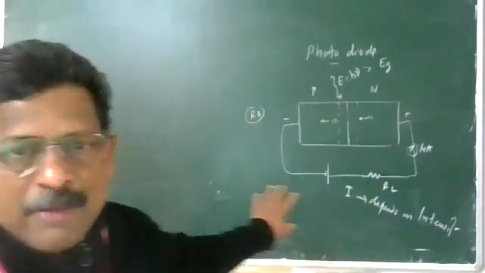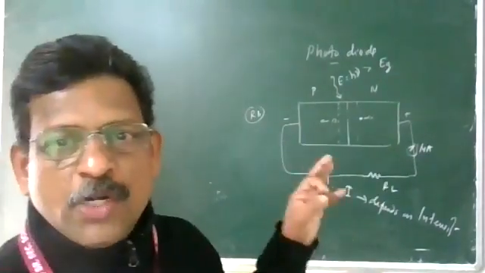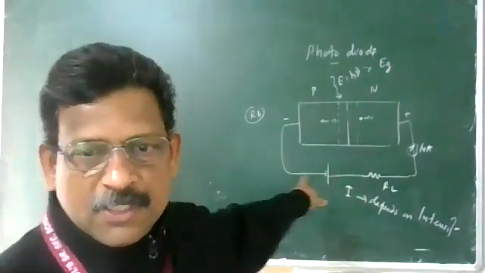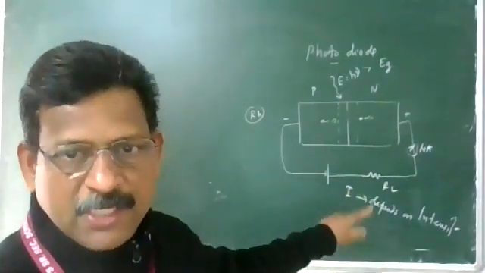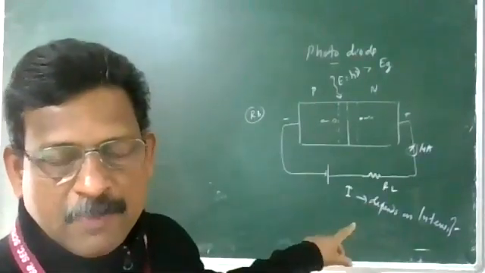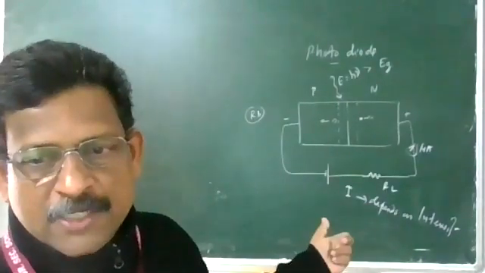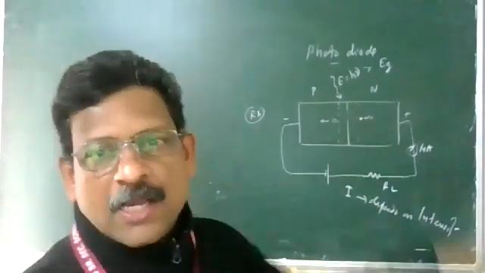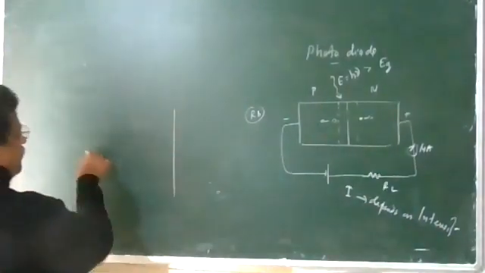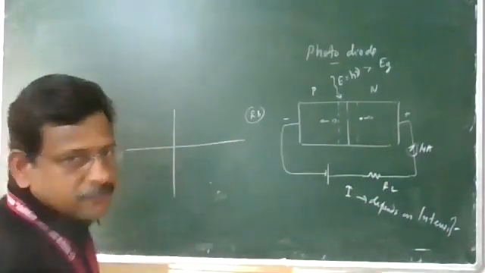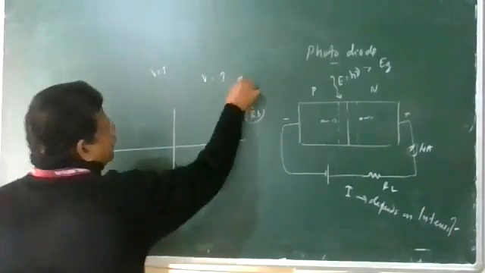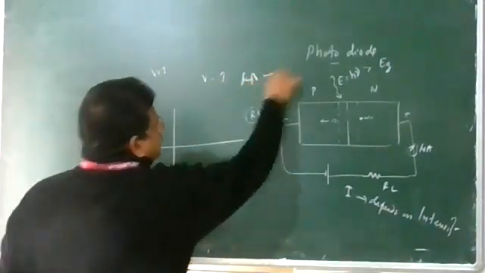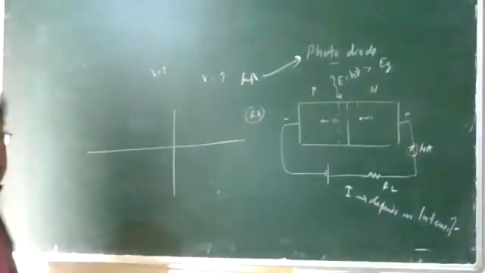Okay, so I am going to plot the variation of voltage and current. This is the reverse bias voltage, and the current we are getting is in reverse bias, so the diagram will be in the third quadrant. And the greater the intensity, the greater will be the current in the photodiode. So this graph is very important. Many times there will be questions on it. This is the VI graph, the characteristics of a photodiode.